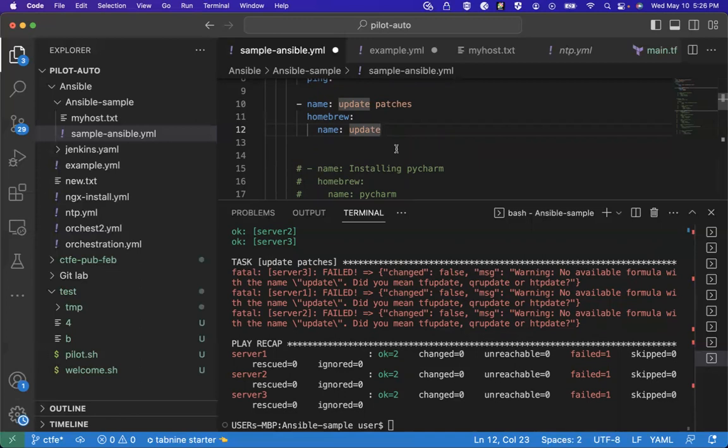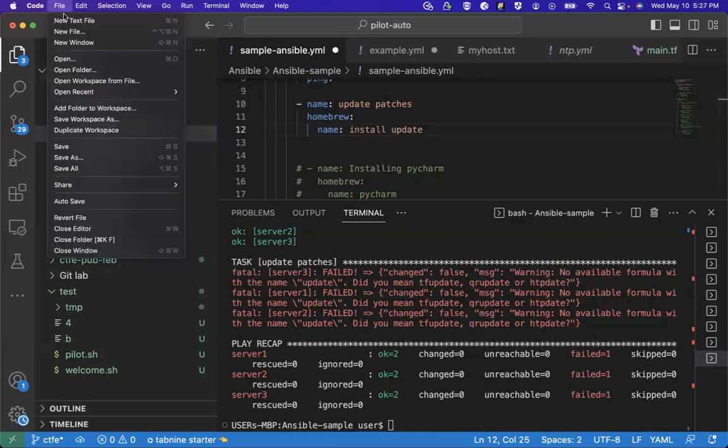Yes, brew update. So it's saying there is no formula like update. Okay, let me use install update. Let me see if it runs.